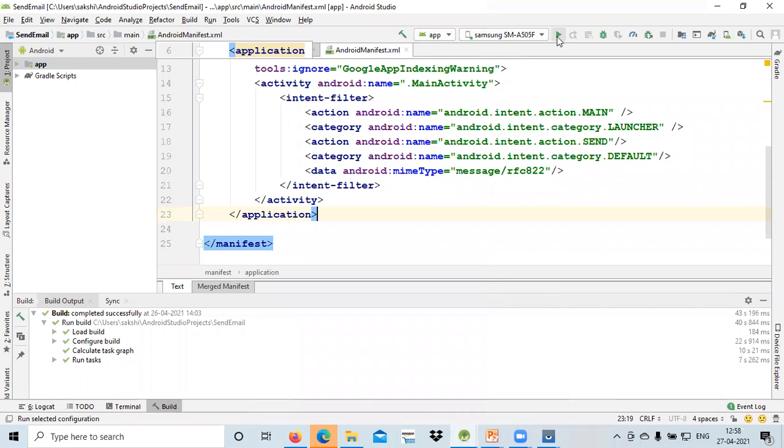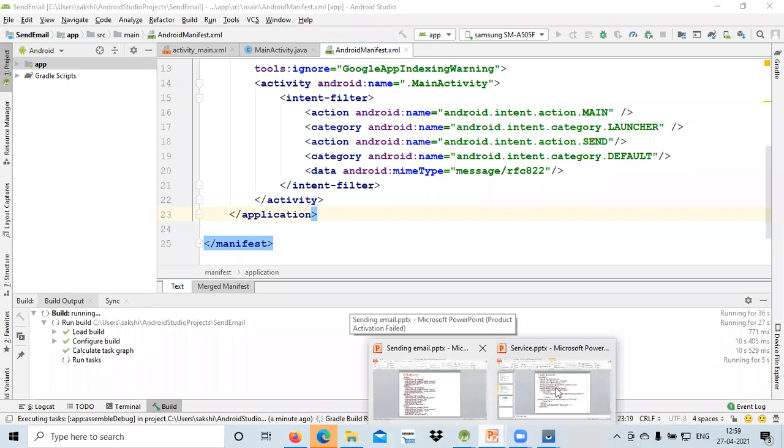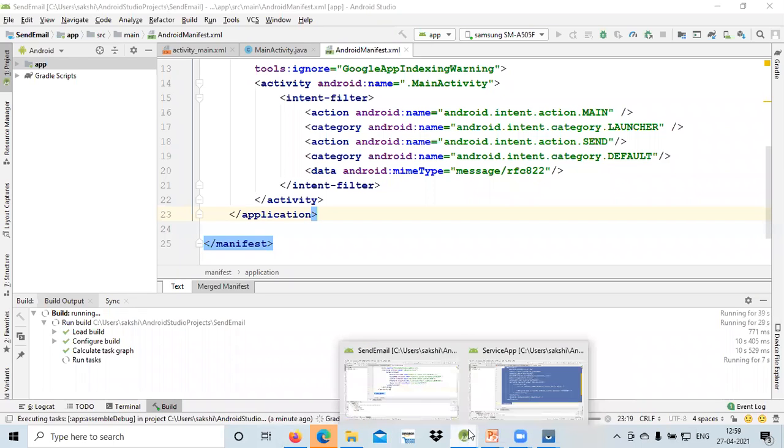So I just run this particular part. Okay, before that, I just show you that how we can use this particular email part over here. So I don't know कि कैसे why it is not showing on my mobile phone.